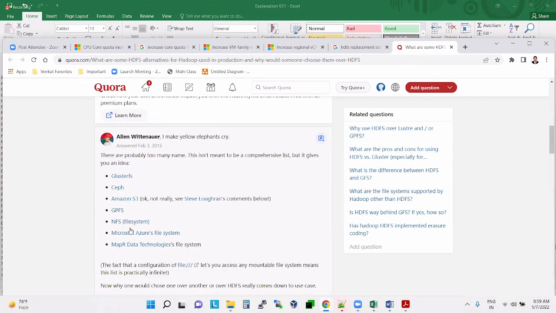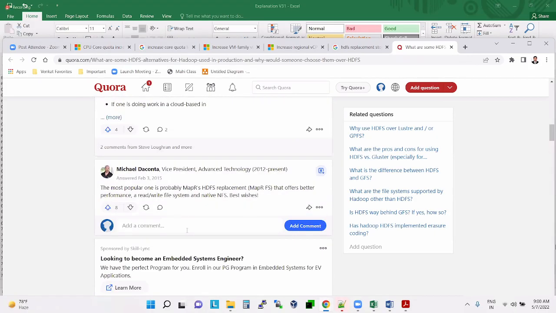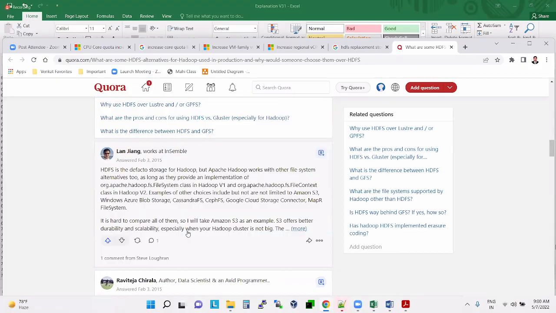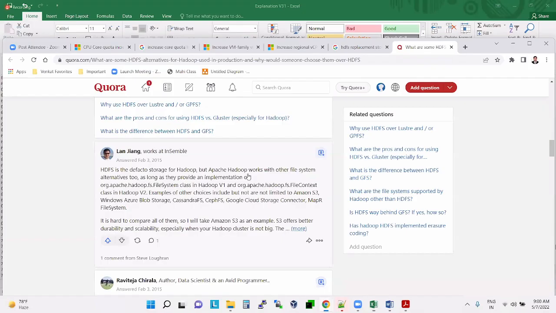These are the alternative file systems they can use in place of HDFS. But there is one storage, guys. Whatever storage we are seeing, these are all existing storages. Hadoop is bringing something new, so maybe in future when you see Hadoop, you may not see HDFS. They are trying to revamp the complete storage layer. They want to remove HDFS in future releases and bring in some new storage.